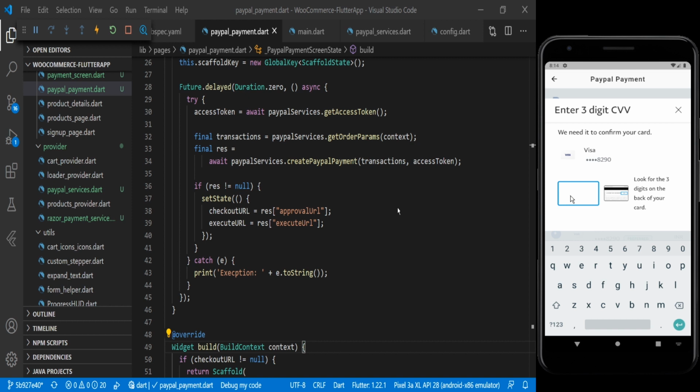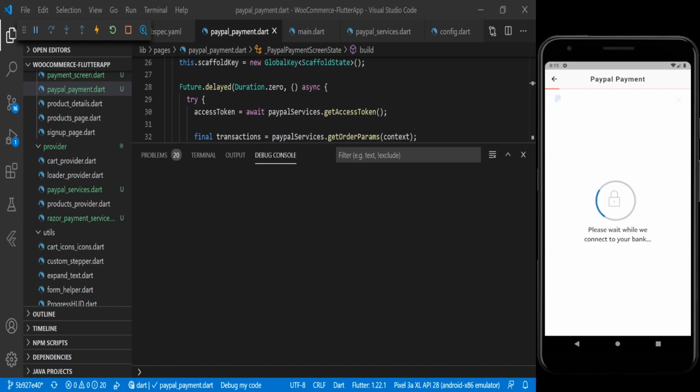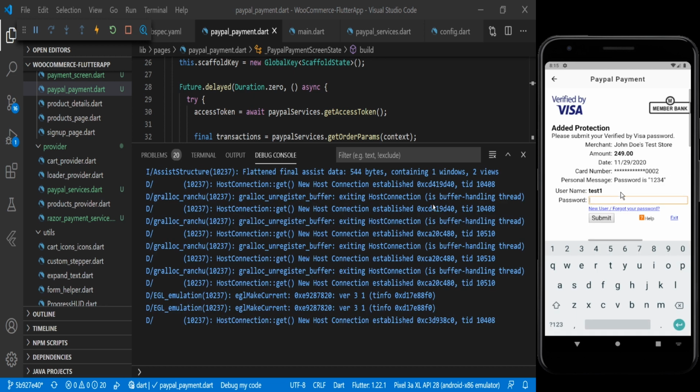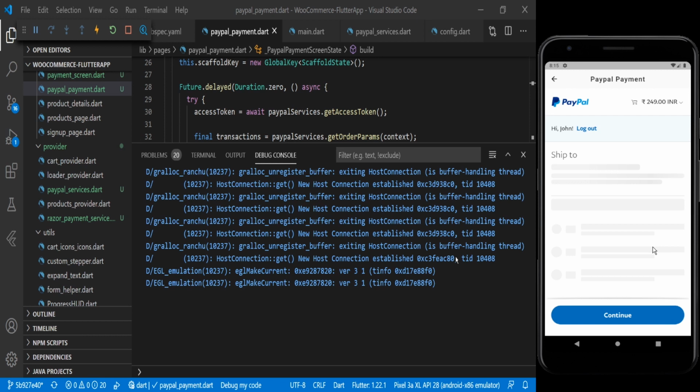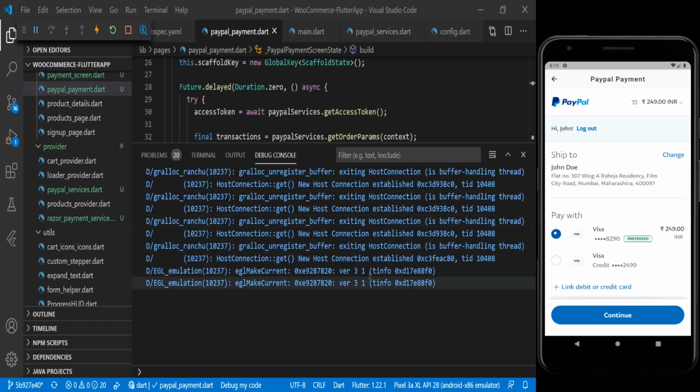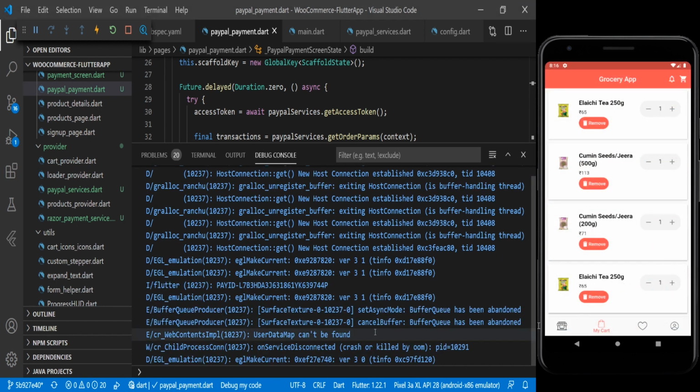and here we will pass the CVV value. So here that Visa verification is coming, and here I will pass the password. So once I have done it, after that we will get that ID, that is the transaction ID. So now the payment is successful here. The application is just creating that ID. So now the ID has been created.